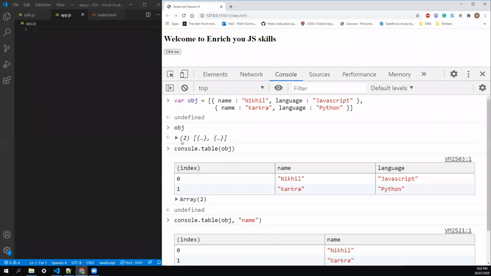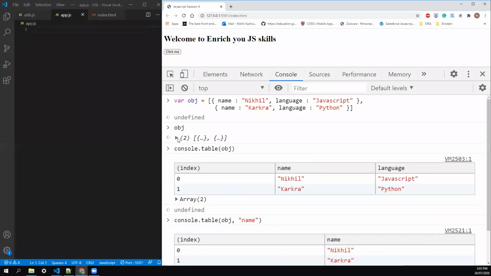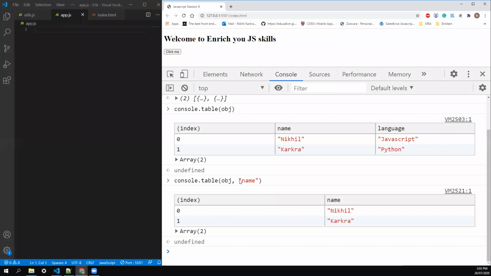So suppose if I just print console.table and the object, it prints all the objects in tabular format, but if my object has many properties, then you can define the properties that you want to see from the debugging point of view, just pass those properties in string format, and it prints only those properties. So I said, okay, from the object obj, give me only the name property in table format. So it is a pretty clear way of seeing the data and very handy. Let's move on to the next one.